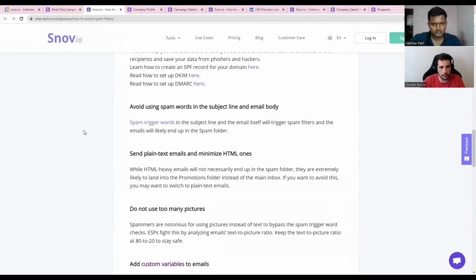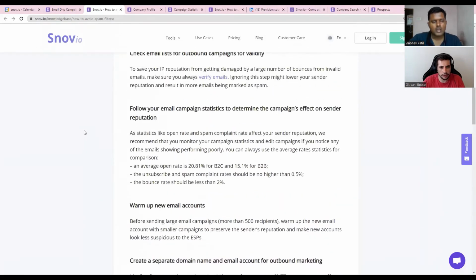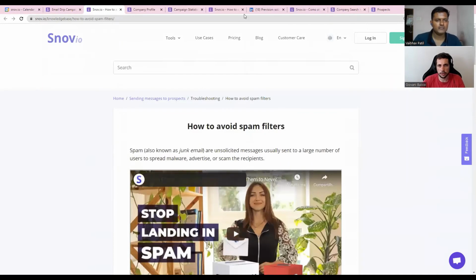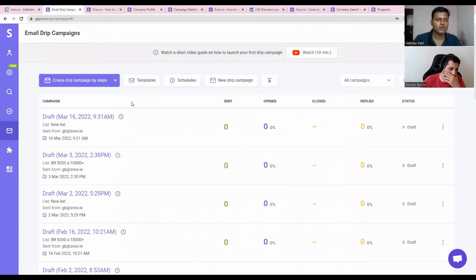They say warm up emails. We can warm up the emails. Warm up basically means emails are sent from your account and automatically replied to, so the reputation of your Gmail account increases. We are creating a mail warm up tool, but at the moment what I suggest users is that you send email to 10 or 15 people that you know, with different email providers.